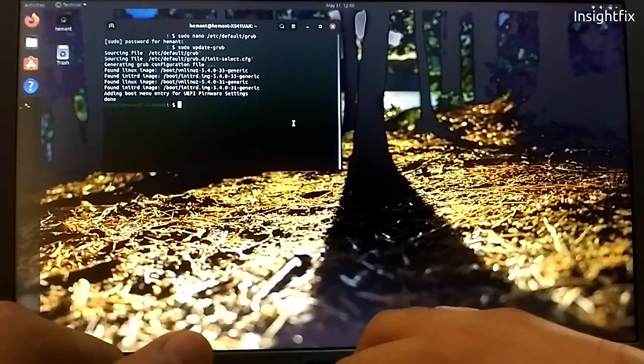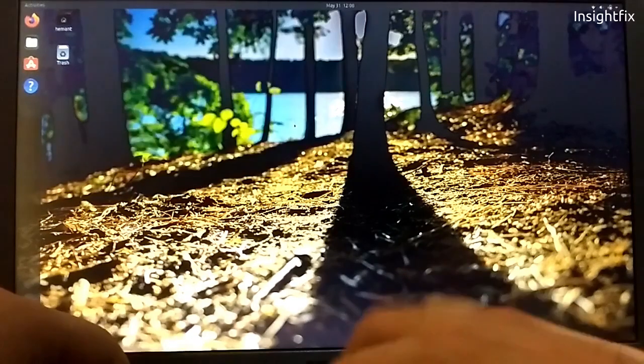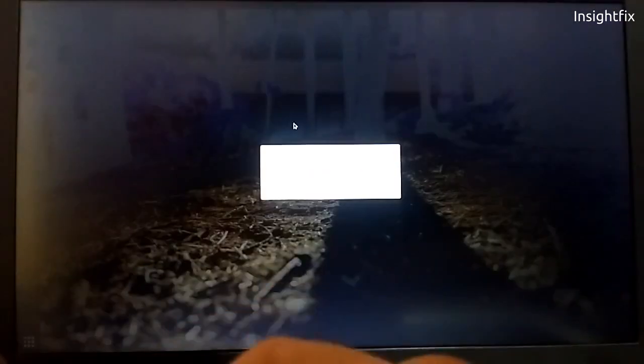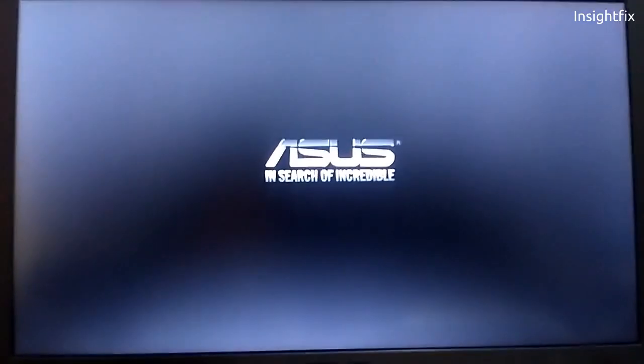After saving these parameters, let us see if this actually works on our next start or not. Let's exit the terminal and shut down the system. Now that our system has been shut down, let's restart and see if we need to again add those parameters or not.